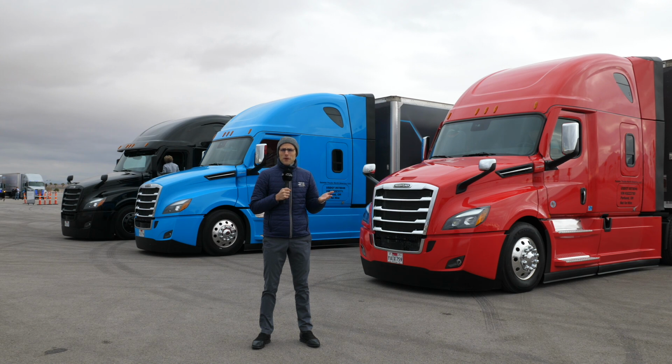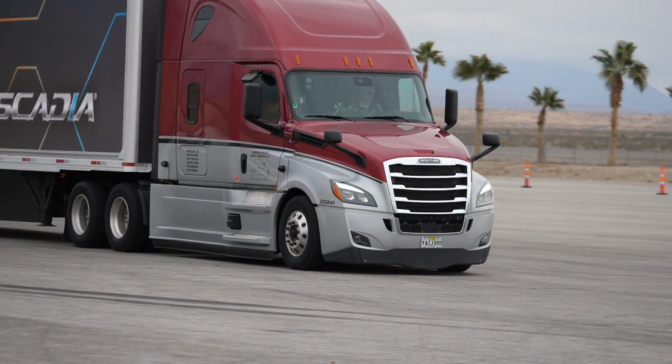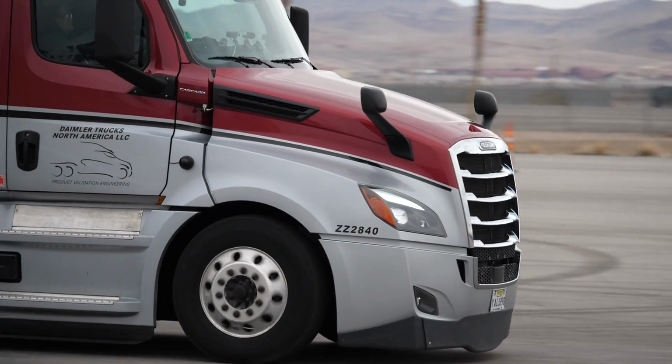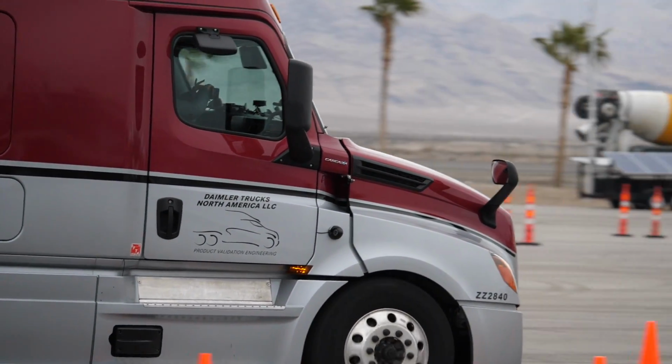So we have been talking about autonomous drive or semi-autonomous drive and assistance systems with passenger cars at Autogefühl. But what about trucks? This one here is the all-new Freightliner Cascadia 5.0, and today we'll take a look at the assistance systems, this so-called level 2 autonomous drive, what this truck is capable of and what it means for